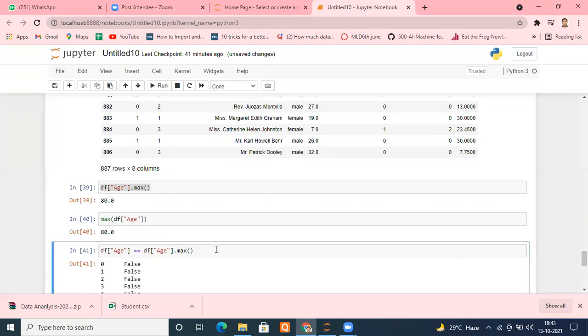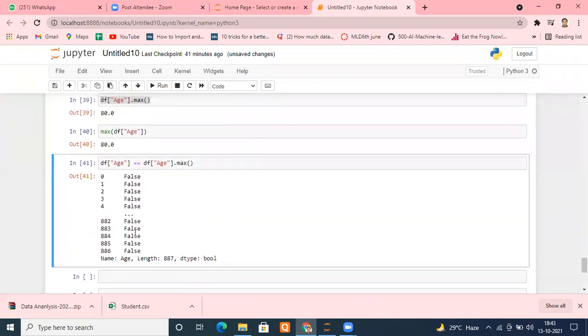Let me check it. False, false, false. Sir, but we are not putting any loop over here. No need, automatically it will do. Don't worry. We are using a column here, right? So the column will automatically do it. Pandas will do it for you. You don't need to put a loop. See, automatically it has returned. That's why it is very easy. Pandas will deal with that. Okay, till this point, it is clear.